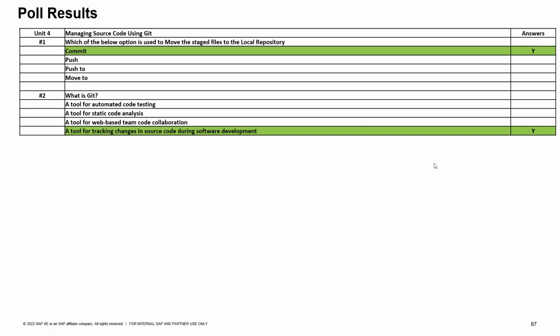Push is basically to move your committed files to the remote repository, pushing your changes. Then, what is Git? Git is basically a tool for tracking changes in the source code during software development. Most of you have answered correctly here. So yeah, thank you for your participation.